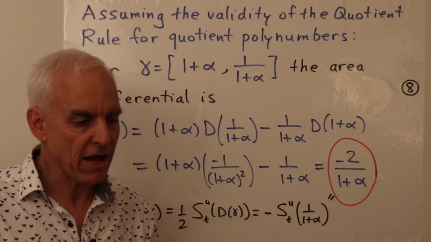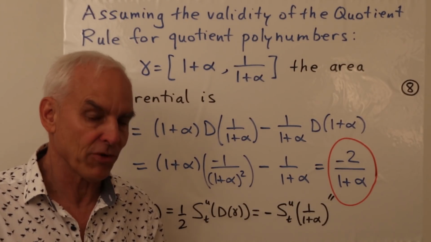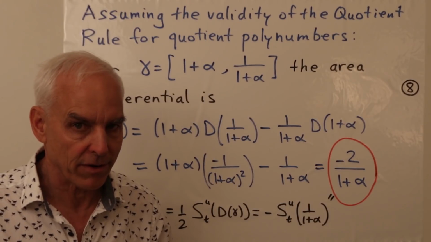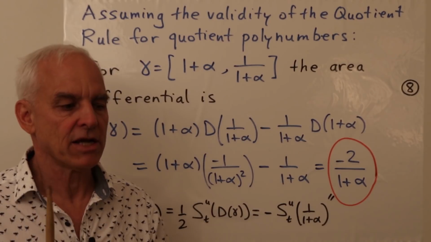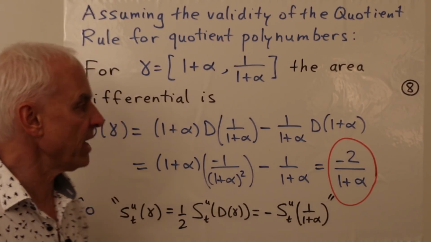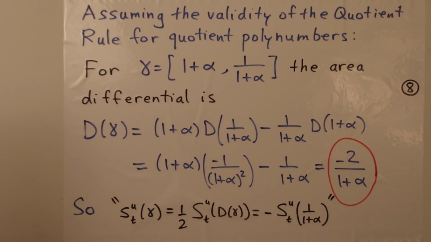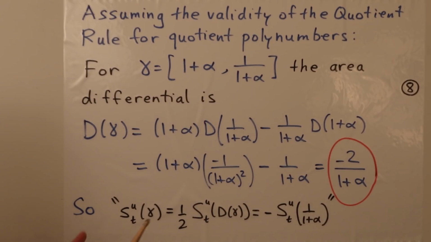Okay? We do not have exact definitions of areas either for circles or for relativistic hyperbolas or for standard hyperbola here. Okay? None of those we have exact definitions. We only have approximate kind of applied maths framework at this point. Okay, but that's all right. That's still very useful. So we're going to assume the validity of the quotient rule for quotient polynumbers. There's our curve that we're talking about in the parameterization that we've just found. And then the area differential,